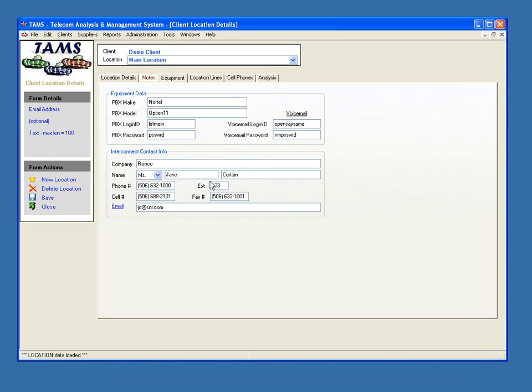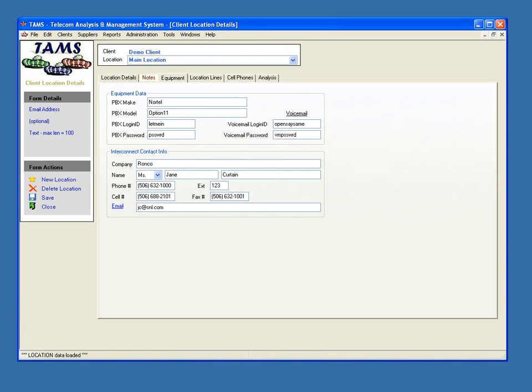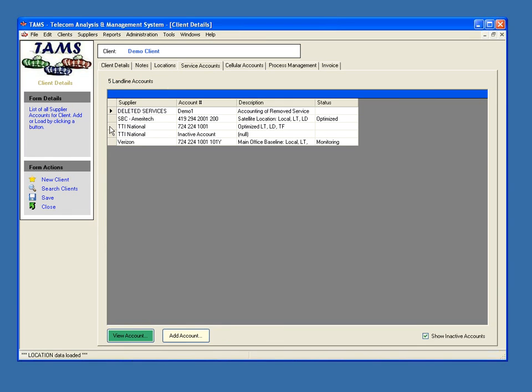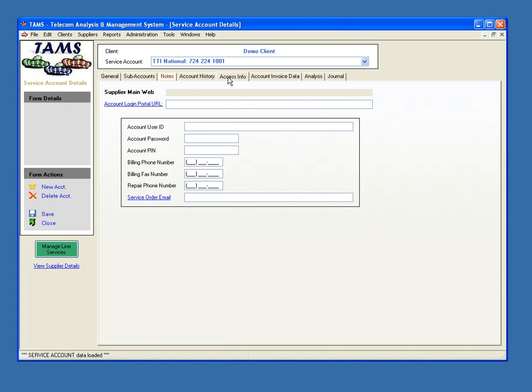The other types of links that are available, which are most useful, is the ability to open up an email or a web site, and this is most prevalently used on a given account with a client when we want to gather information, when it's necessary to go and look at invoicing information for a client. On the service account details form and also on the cellular account details forms, we have a tab called Access